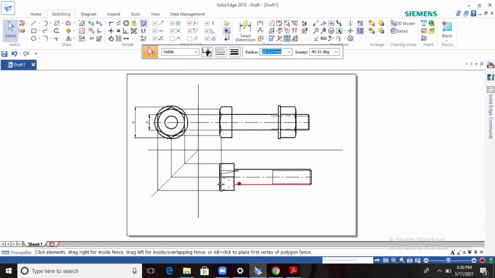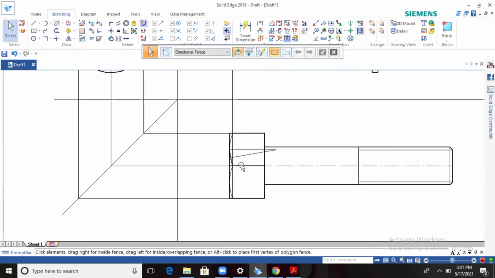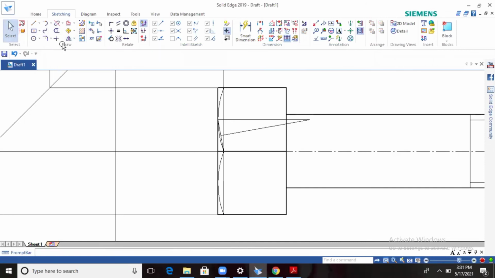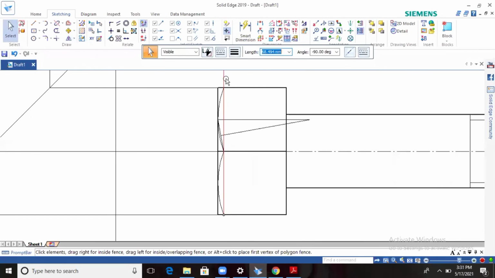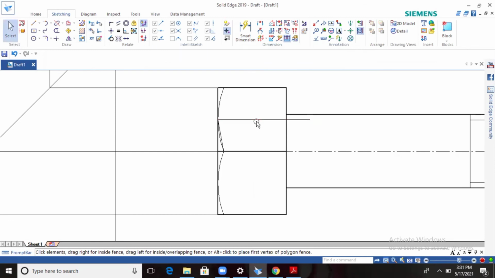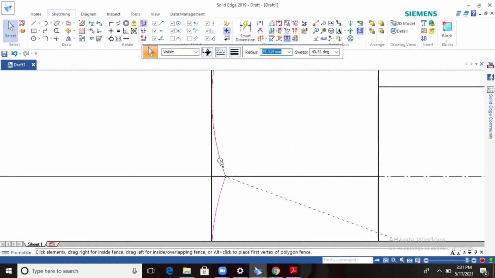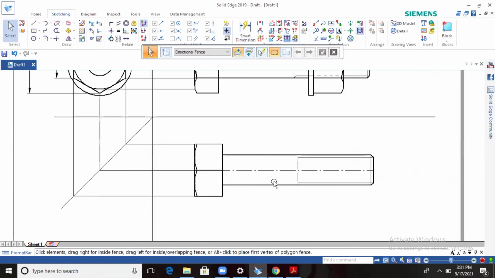Okay, so look at this one, the chamfer cut on both sides is over. Next, I'm selecting and deleting this line. If it's not needed, delete it. Okay, construction lines you should not delete in the exam, so keep them as they are. Okay, and I will select this one, press Control, select both, make it 0.5. Okay, so this is over.